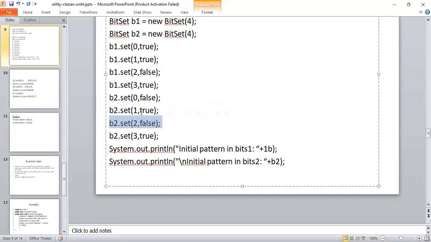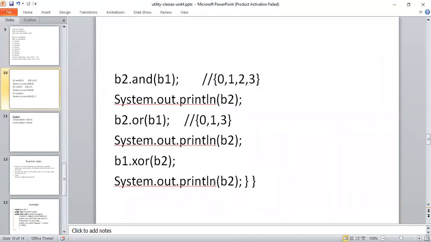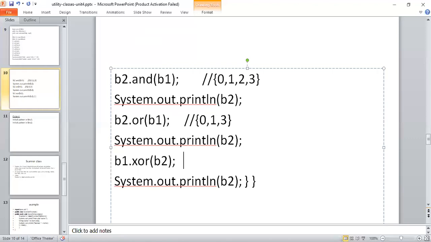Finally, according to this exclusive OR, the output I'll get is 1. So this is my set, now 1. Like that I can perform all these AND, OR and exclusive OR operations on this bit set class.